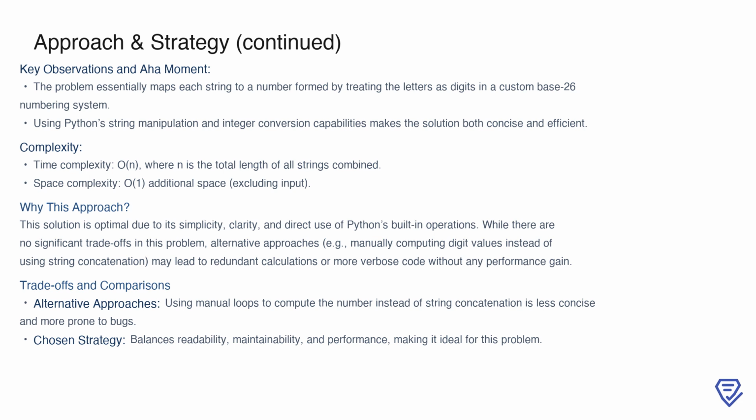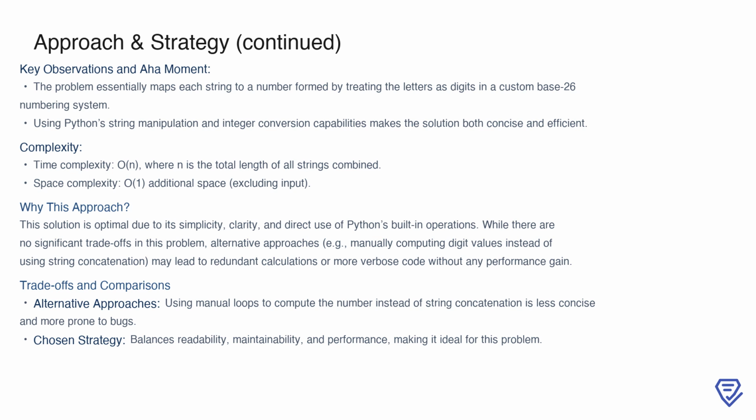The time complexity remains O(n), where n is the total length of all strings combined, as we still process each character exactly once. The space complexity is O(1) additional space, aside from the input strings themselves. This approach stands out for its simplicity and clarity. While alternative methods, such as manually computing digit values without string concatenation, can achieve the same result, they often lead to more verbose code and are more prone to errors. By contrast, the chosen strategy strikes an ideal balance between readability, maintainability, and performance, making it the most effective solution